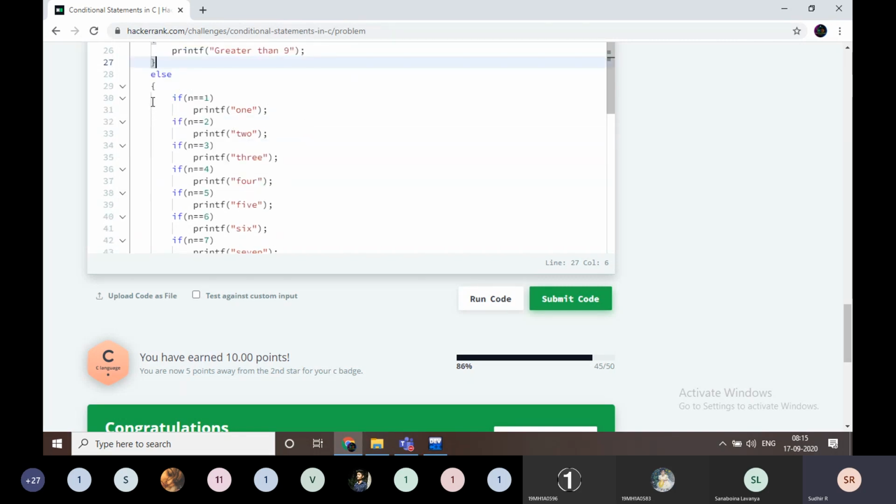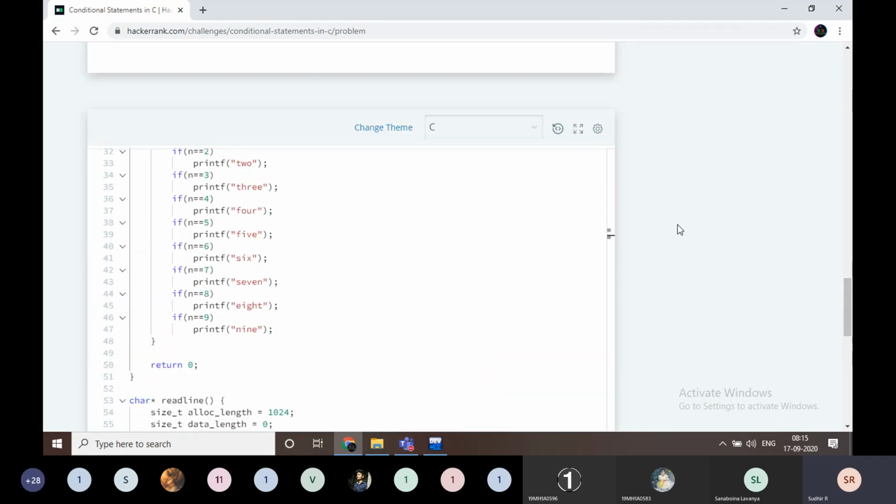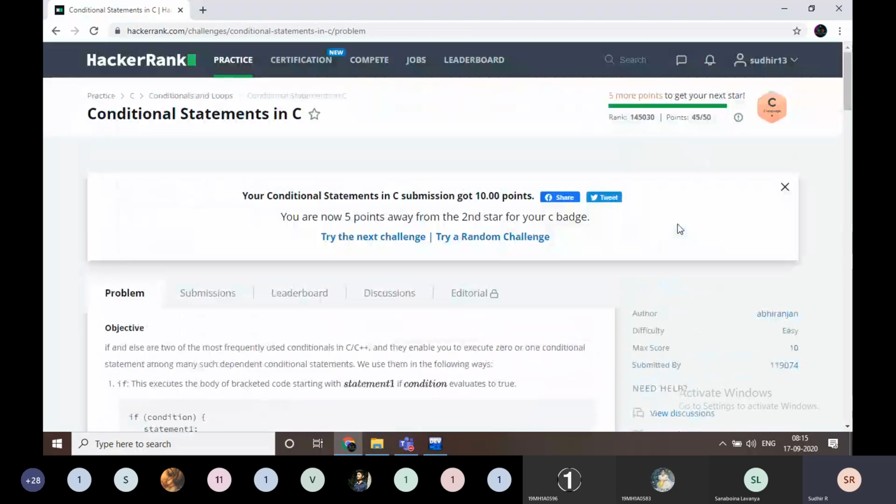Else, in the else statement, for 1 I print one, for 2, 3, up to 9, I write like this. How many points? 5 more points to get the next star. My points are 45. Total points for the second star is 50.